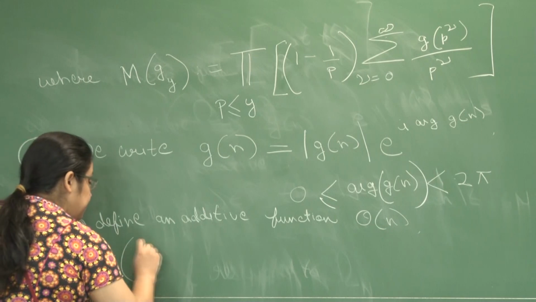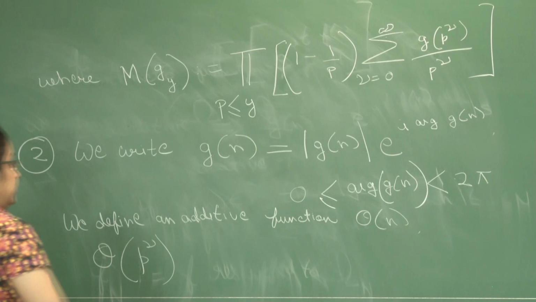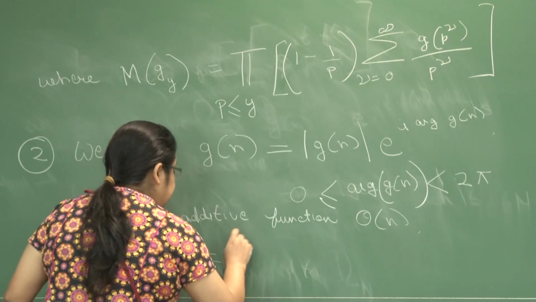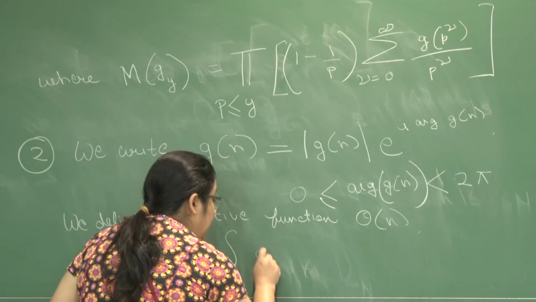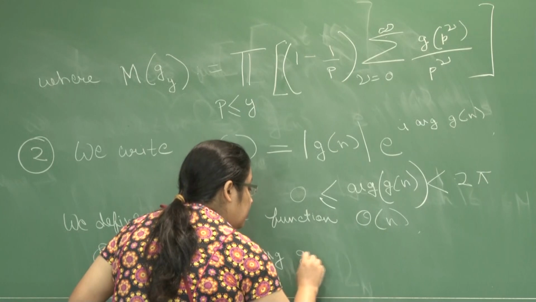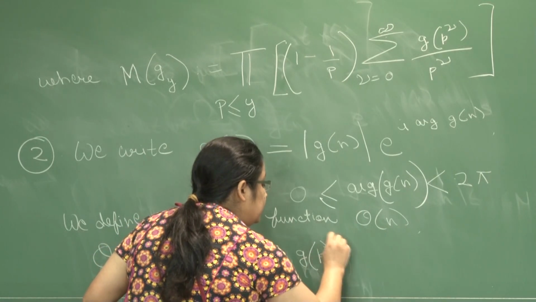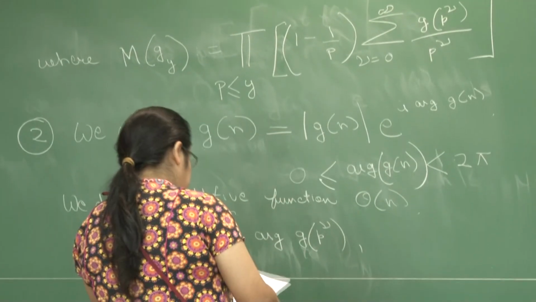So, for any prime power p raised to the nu, theta of p raised to the nu is defined as our angle corresponding to g of p raised to the nu,